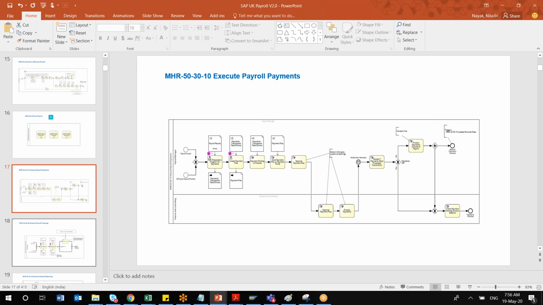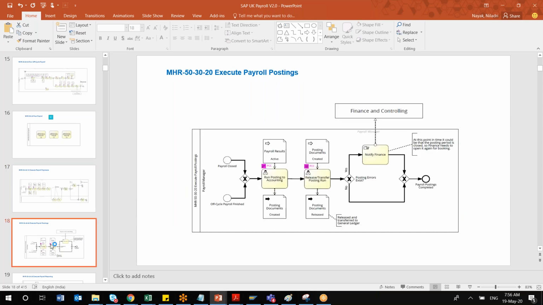But I'll be covering all these topics from an HR-FI integration point of view, how this payroll posting happens, and there are different terminologies again we'll be finding there. Okay, what is a symbolic account? What is a GL, a general ledger? A little bit of the basics of FICO is also required to understand. We'll be covering how this integration happens, what the expense account is, what the balance sheet account is. All these things we'll be covering in executing payroll posting for finance. We'll be seeing that there.